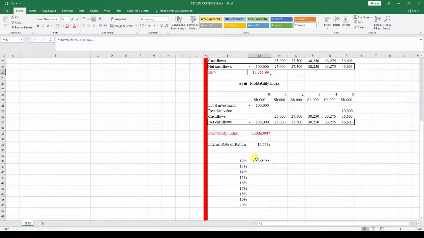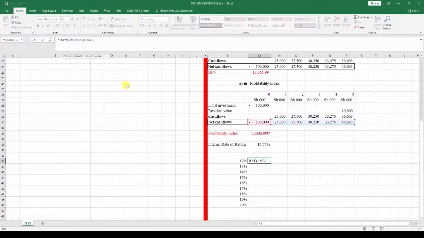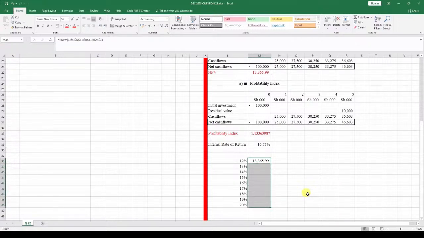That's fine. But because we want to get the corresponding NPVs at different rates over here, I need to lock the formulas over here. So I press F4 there. I click over here, I press F4, and I press F4 over here, so that I can lock and ensure that everything is okay. So if I drag my formula over here, it should be able to work. So that's what I'm going to do right here. So Shift, Control D.